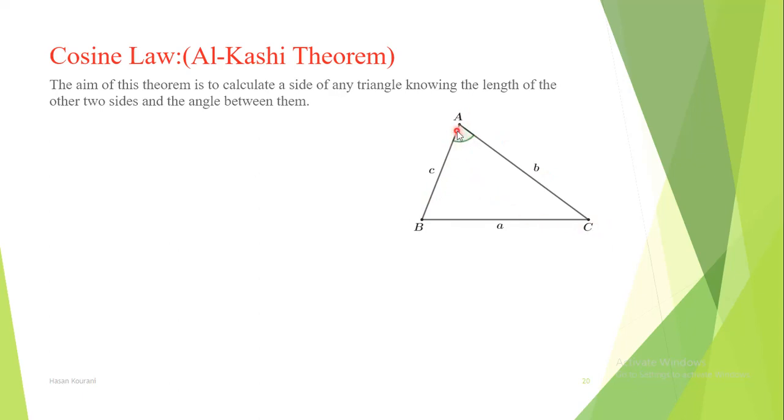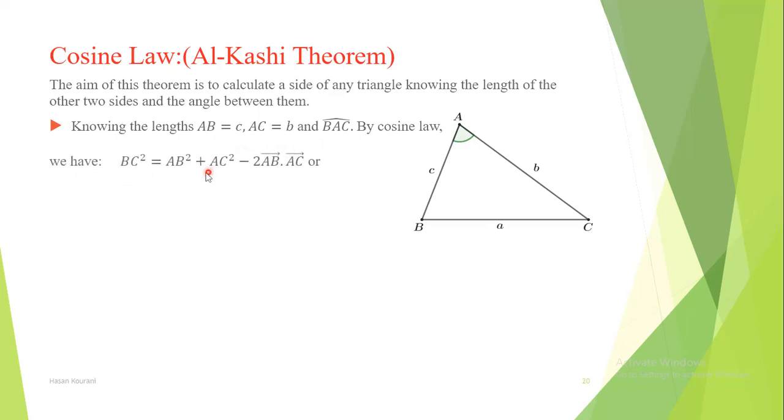Once you know these three parts, we can find the third part, A. How? Cosine law says,